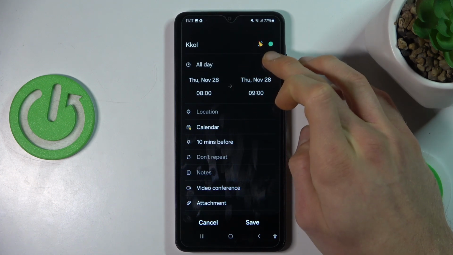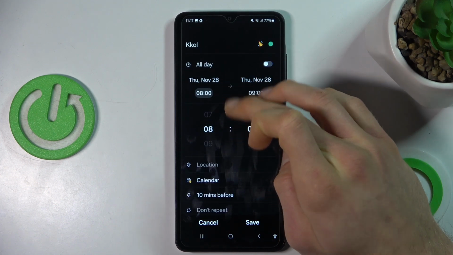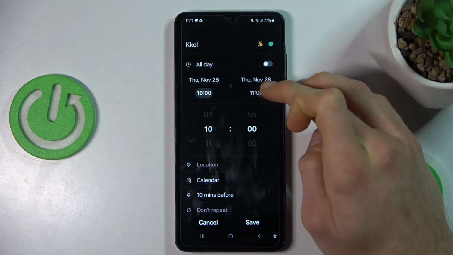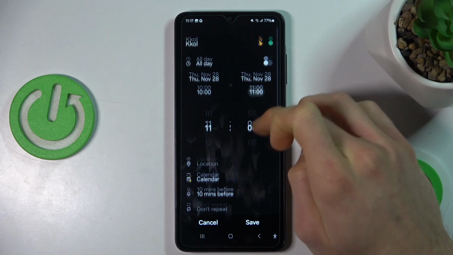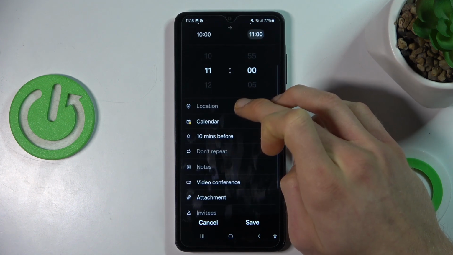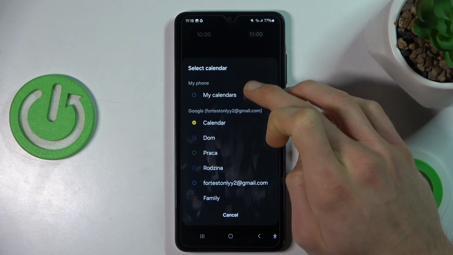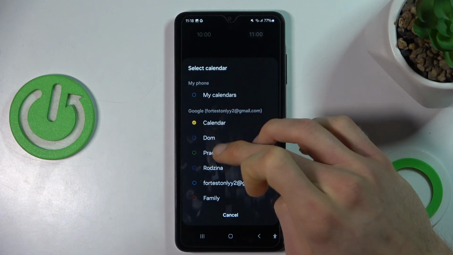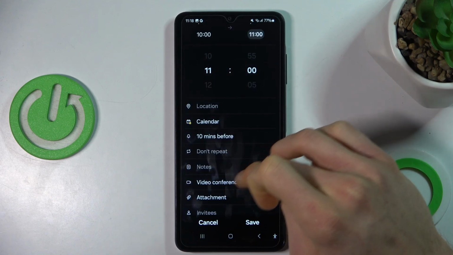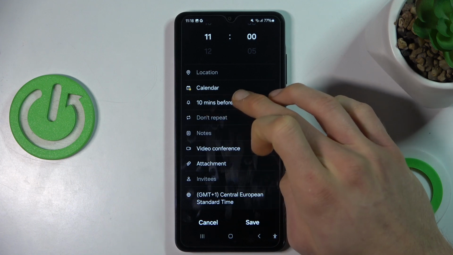In this part we can set it will be all day event, or we can set when event start, in which time and finish, what you need and prefer. There we can add location of that, access this event about what is it, about our house, work, family, about our Gmail account. There we can set